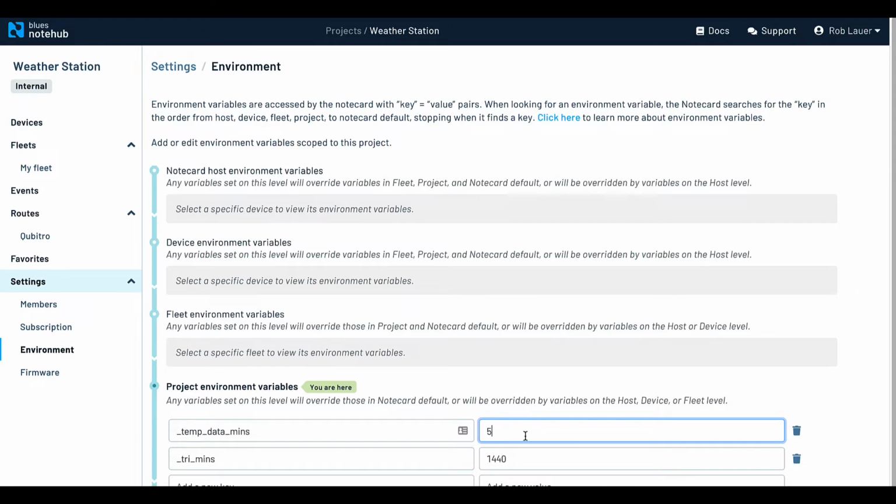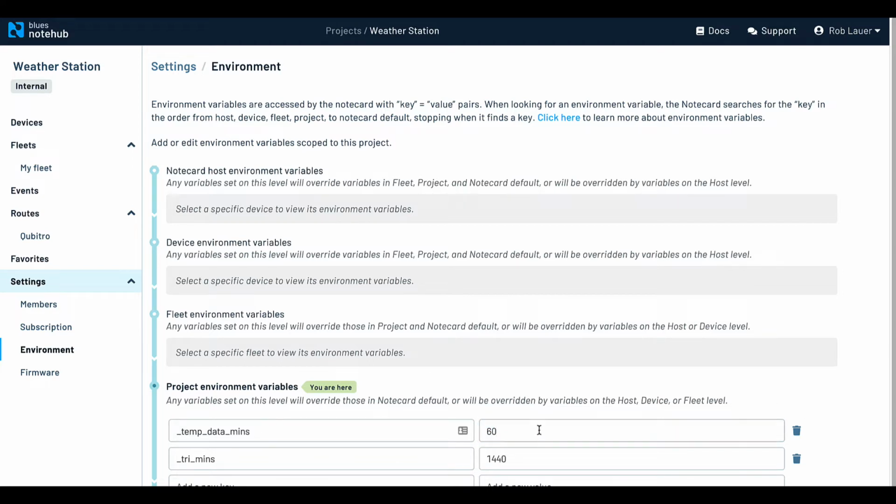Now, what if we've deployed this project to 10, 20, 30 devices, maybe 1,000 devices, and we realize, oh, you know what? We're gathering data way too quickly. We don't need temperature data to be gathered every 5 minutes. Well, provided I've set things up in my project correctly, I can simply change this to 60 minutes and save it here.